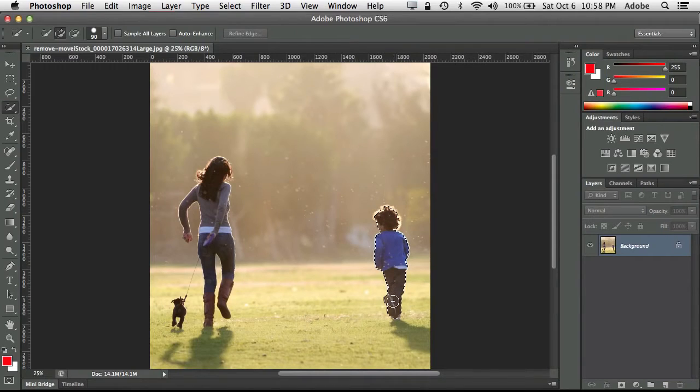So I can go through and select him, but I'm also going to need to remove his shadow too, so that we would never know he was there. And just like that, Quick Selection identifies the pixels that are similar and makes a selection. But in order for me to do this effectively, I need to bring that selection out all the way around him a little more. So we're going to use a technique called Select,